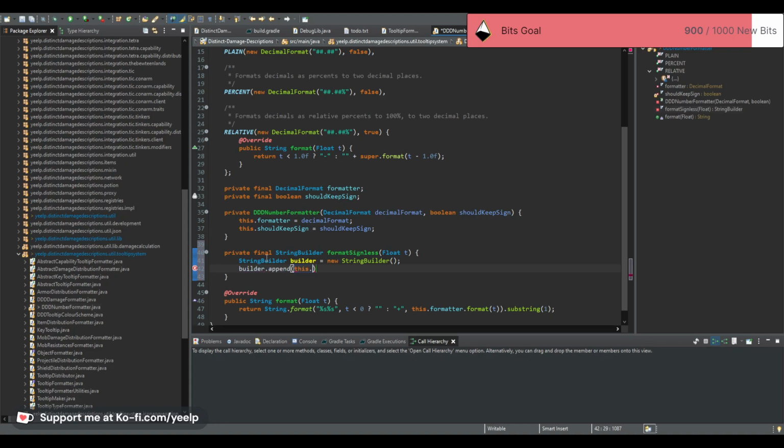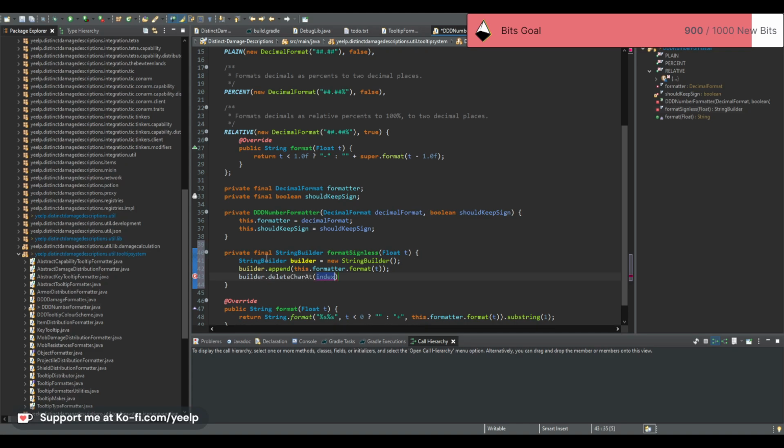We're gonna append this dot formatter dot format. And then builder dot... Can I remove the characters in a substring of the sequence? Delete char at... Yeah, delete char at 0. Ah, but wait. Can I set this to,